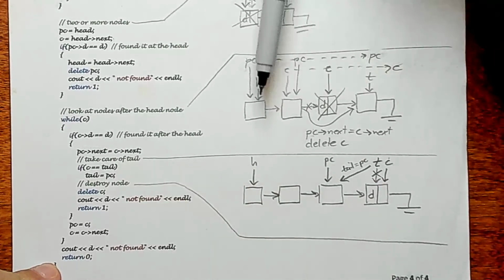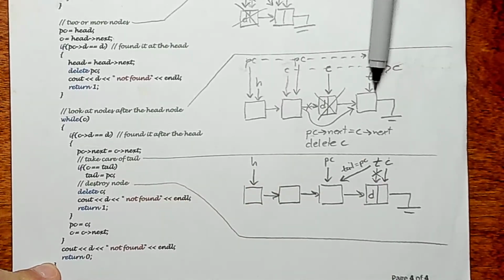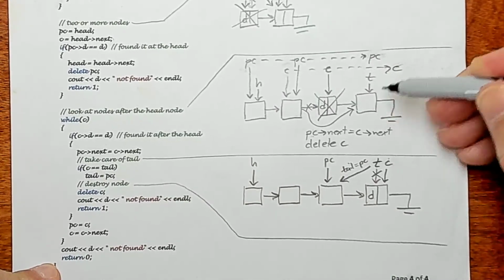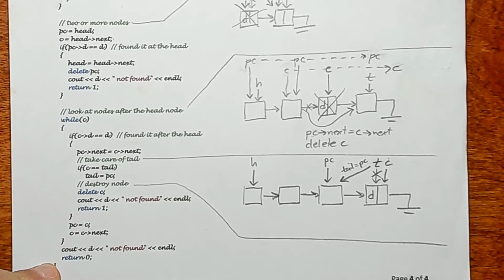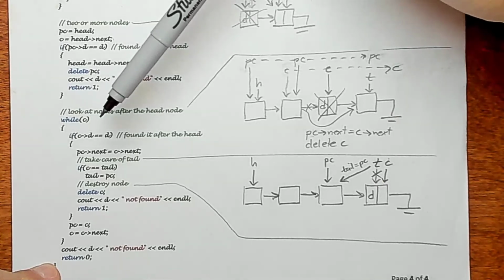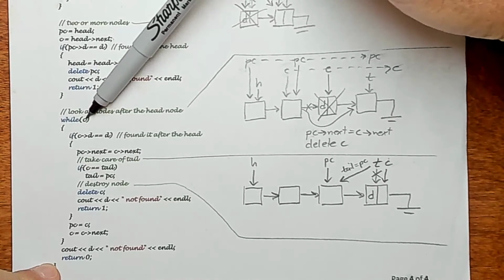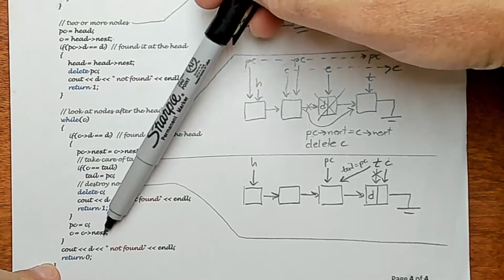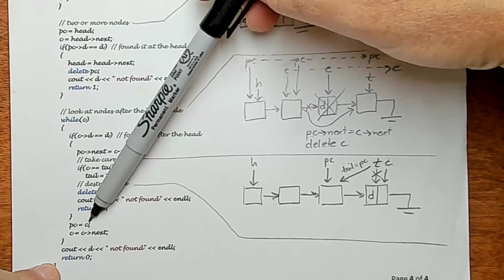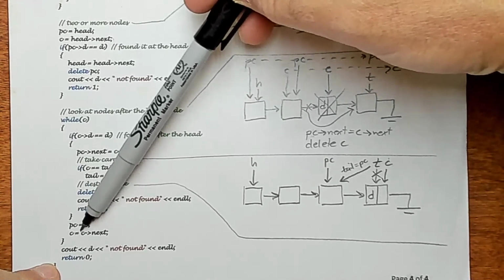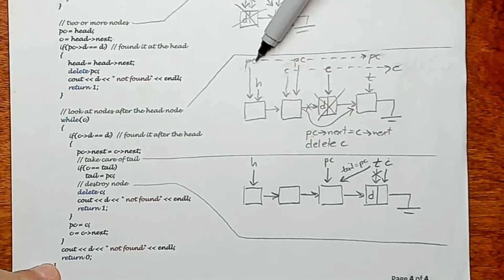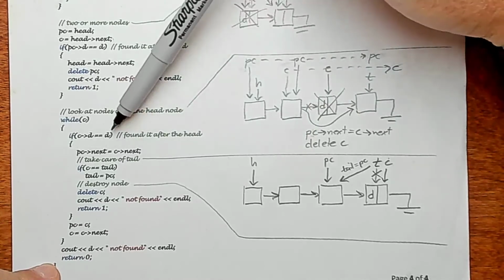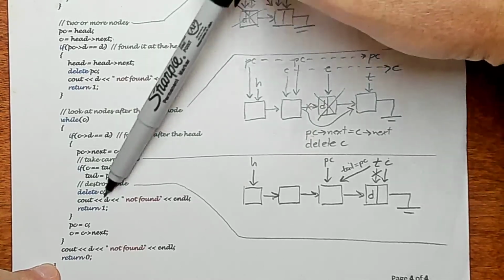C will contain some valid address until it reads in the null that's here, and then it'll point to nothing. So yeah, that's what this while C is. C is walking off, and then you're incrementing PC to be C and C to be C next. You're basically moving the PC and the C pointers down, and then when you find what you're looking for, this